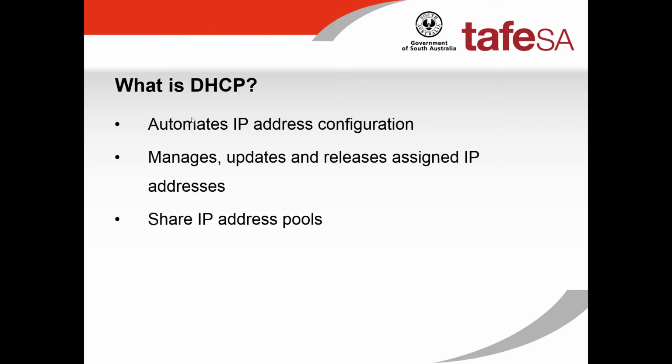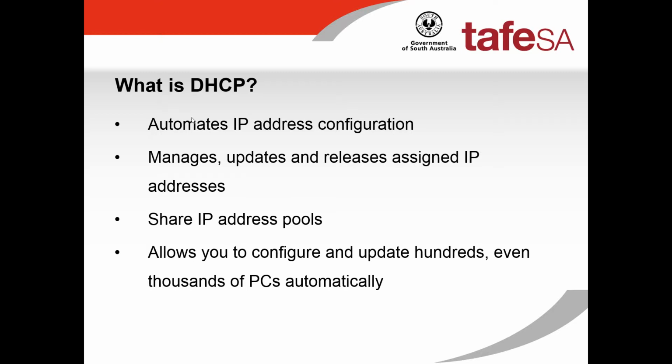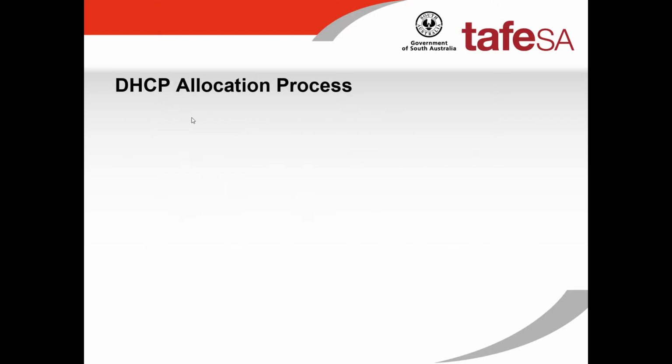This allows you to configure and update hundreds or even thousands of PCs automatically, with not just the IP address settings, but also with its gateway and DNS settings. If any of these settings ever change, it's a simple matter of just updating the DHCP server without having to attend to each PC. So let's take a look at the actual process for how a DHCP server allocates an